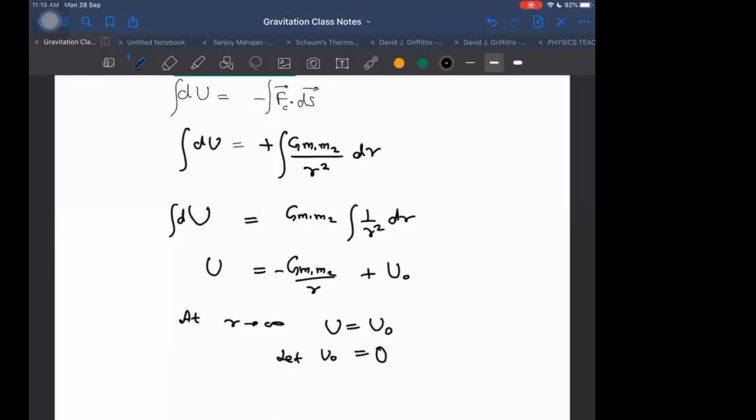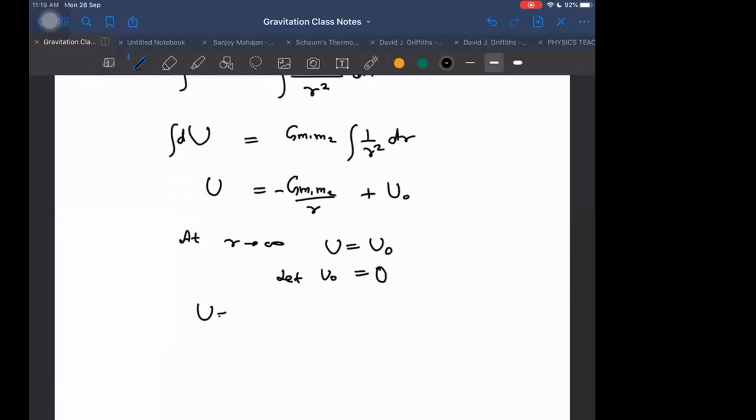Why? It gives us a simple potential energy formula, just minus G m1 m2 by r, and it will also do the job. We never care about the additional constant there, so it is okay. This is good for us. Potential energy at infinity we are assuming to be 0. In fact, I can call this reference potential energy U infinity, because it is telling us the potential energy at infinity. So we are getting minus G m1 m2 by r.